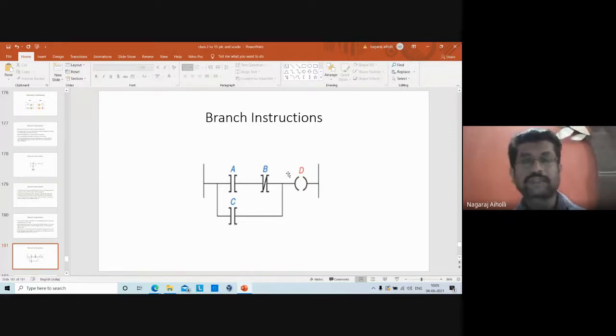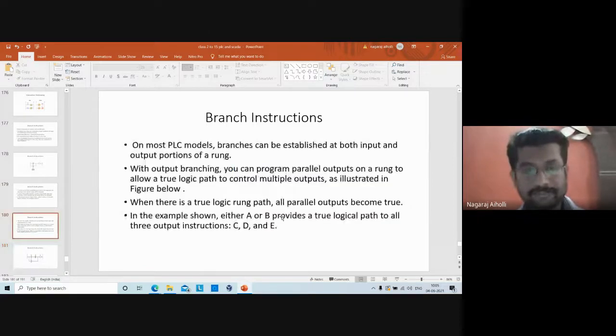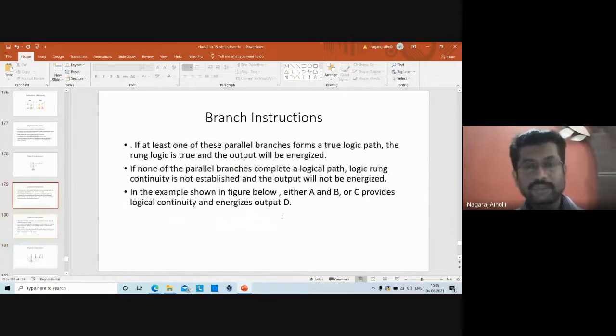Otherwise, there will be no logical connectivity. If neither the first path nor the second path is true, then the output will not be energized. Either one of the parallel branches should be activated so as to energize the output. In the example shown in the figure below, either A and B or C provides logical continuity and energizes output D.